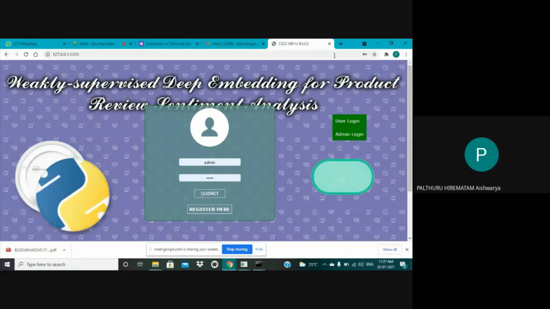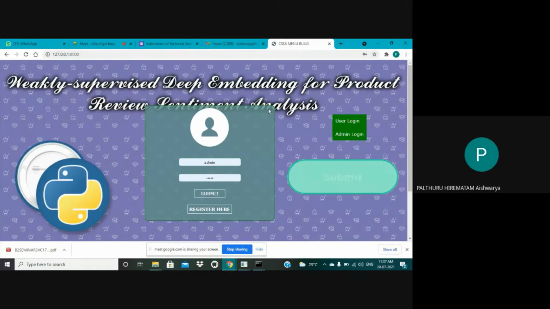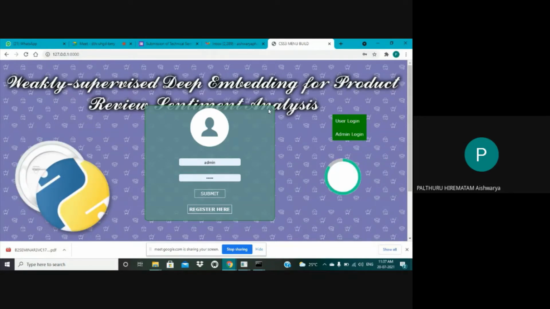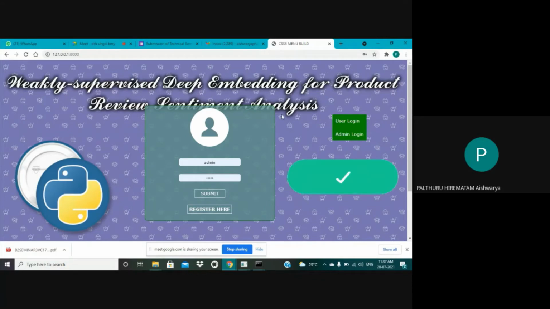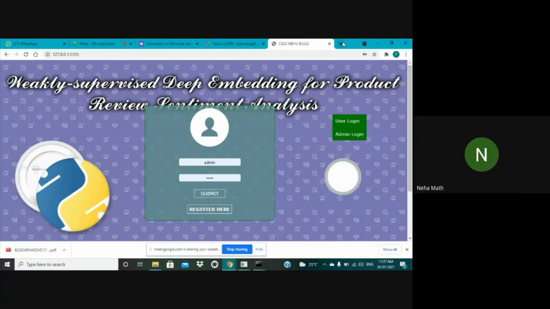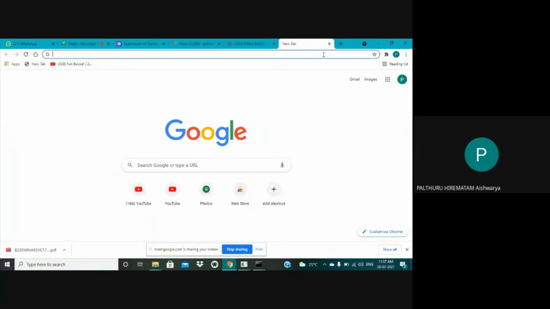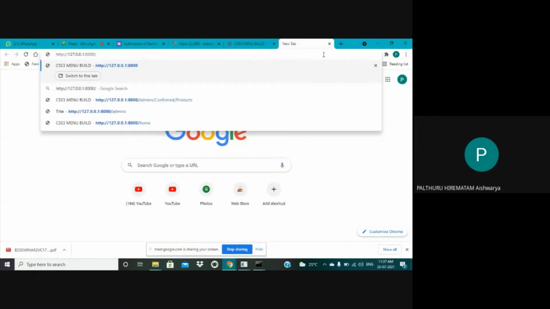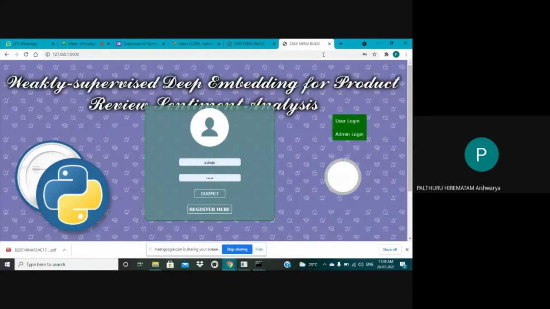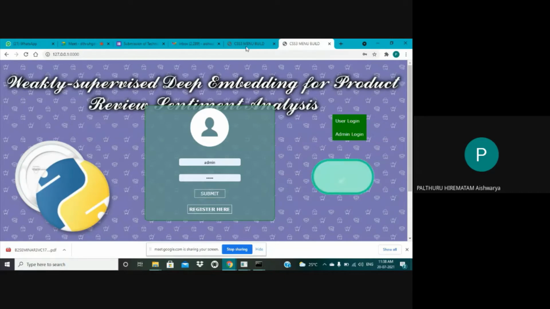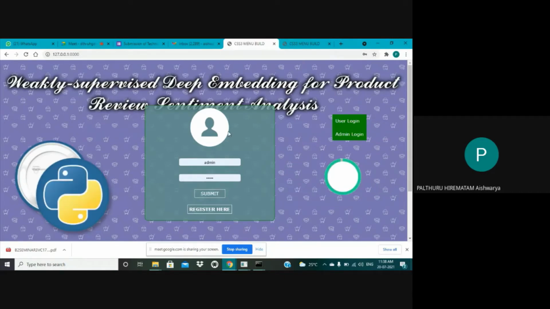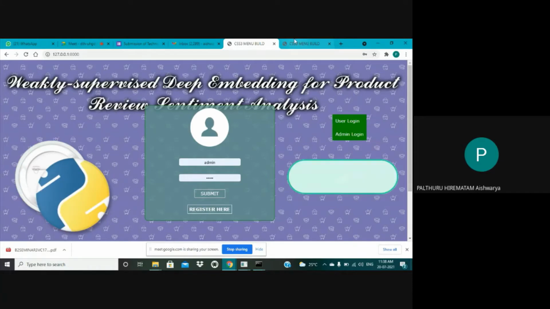This is where the user can view or admin can view this page. And I'm going to open the page which contains admin login details. Here, as we can see, this is a user page, and this is an admin login page.